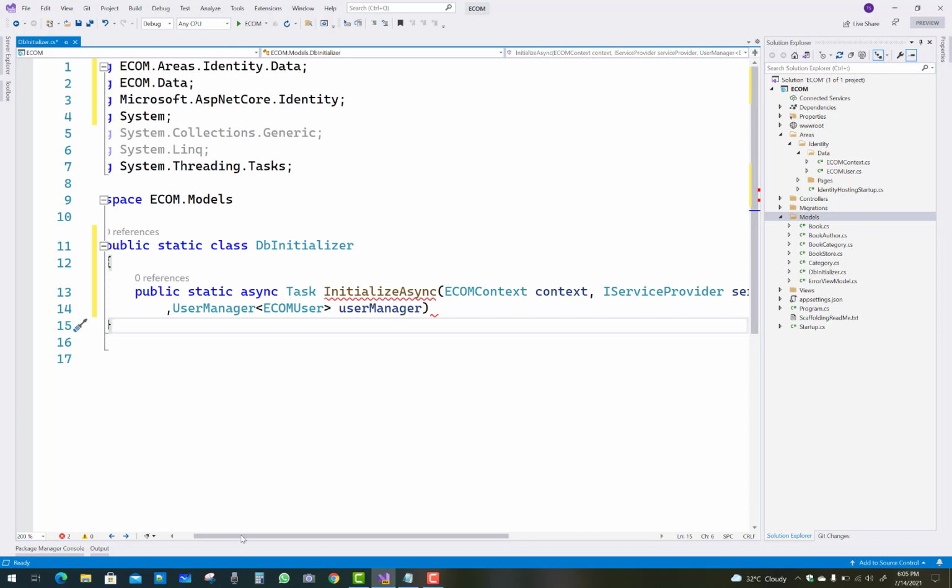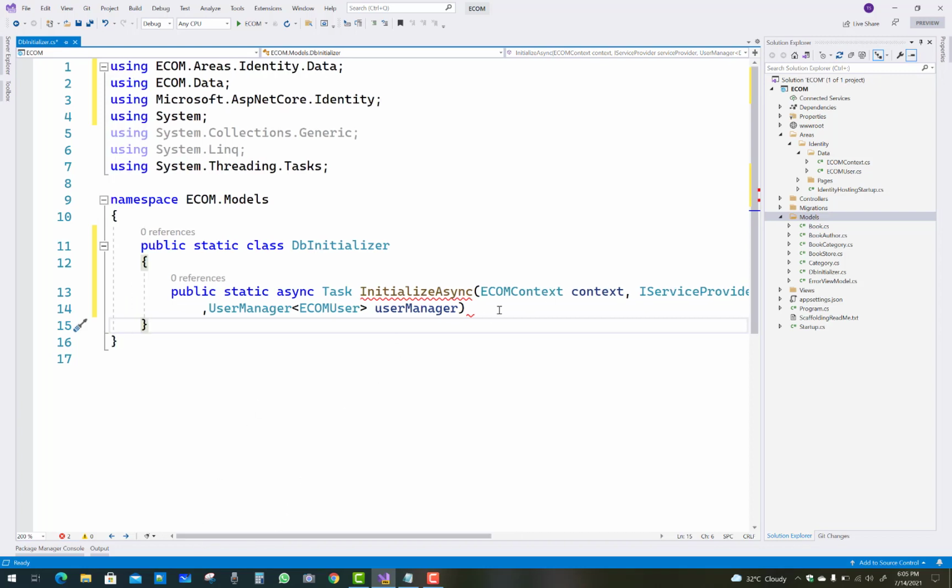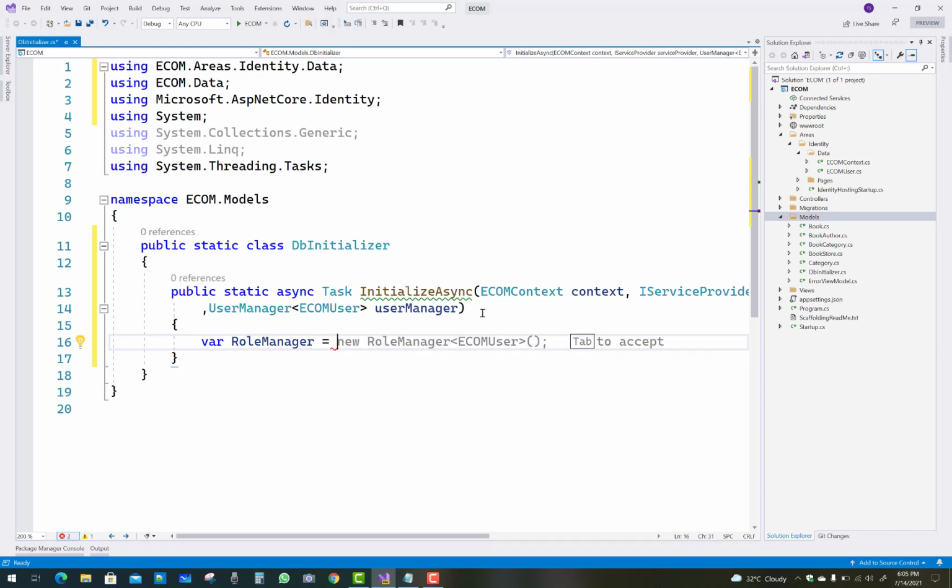After that, start the method, and in this method we can initialize some roles. The first thing to keep in mind is the RoleManager class.